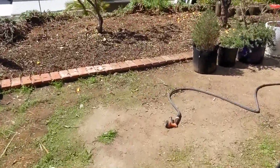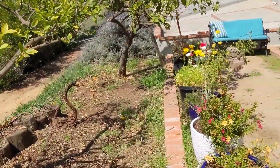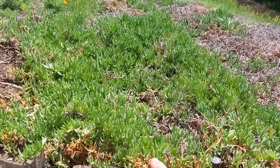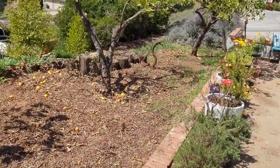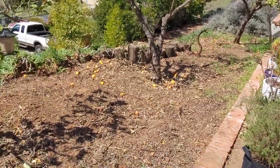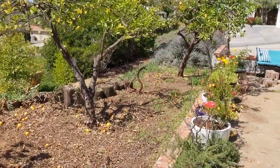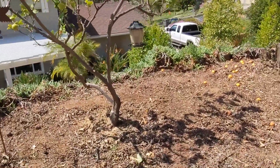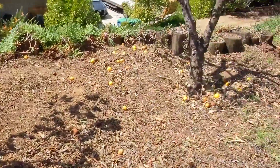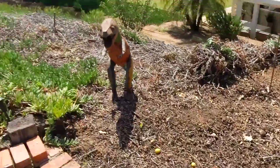But the most impressive thing over here this weekend was we pulled out about 1 ton of ice plant from all this. It's really hard. I should have done a before, but it was all this, just all the way over there, choking out the, or making the lemon trees unhappy. So we pulled them out. Then they trimmed up the lemon plants and put some feed down, so hopefully lemons will actually get it instead of the ice plant. And then we watered it down real good last night, and then watered it down this morning after throwing some wildflower seeds down. They're not the final product that'll be here. Probably going to be super Mediterranean stuff, but